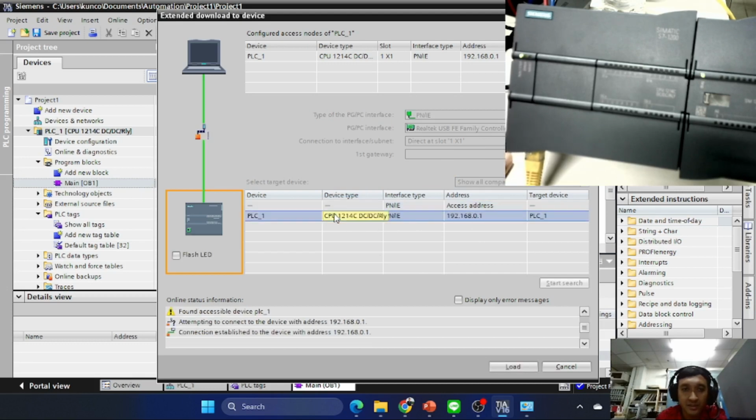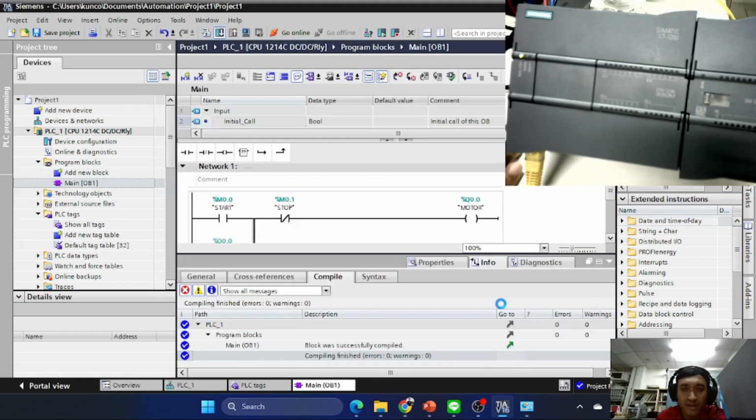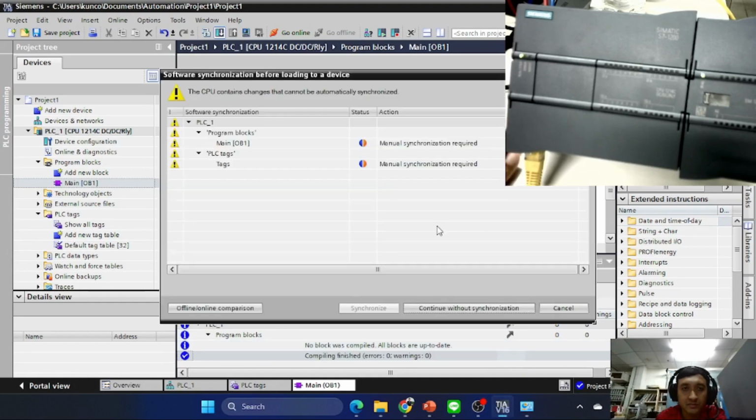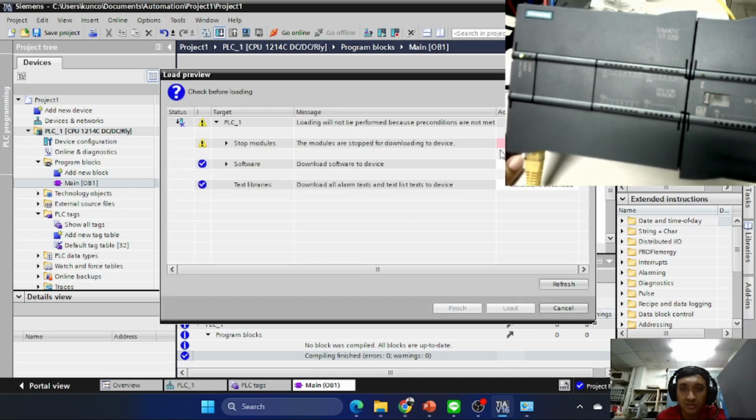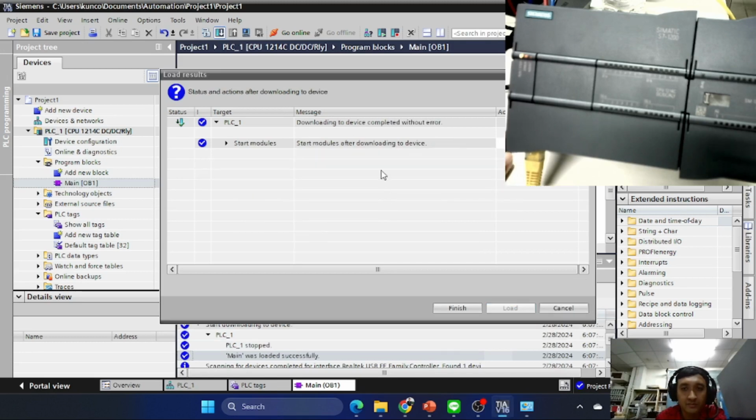Okay, we can choose this device and load. Continue without synchronization, and we set stop all and load. Okay, the program is already downloaded to the PLC. You can click finish.